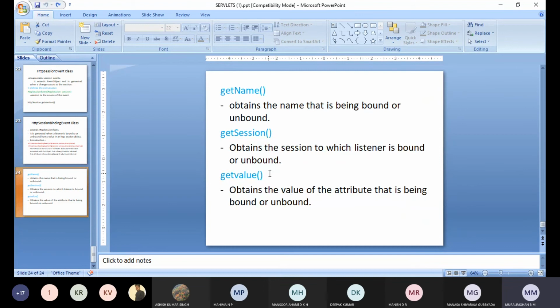The methods inside the HttpSessionBindingEvent class are getName, getSession, and getValue.